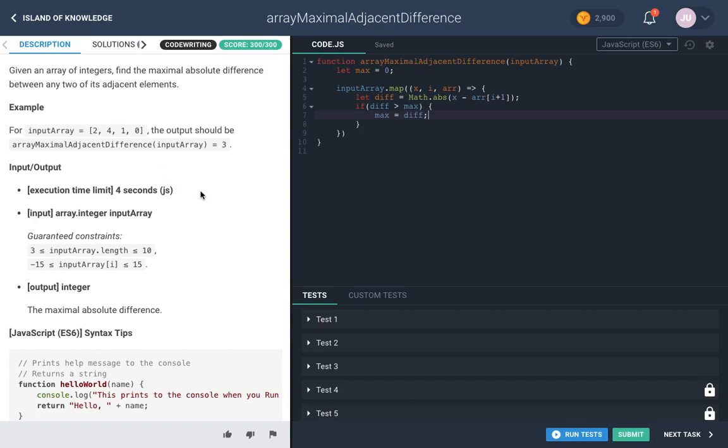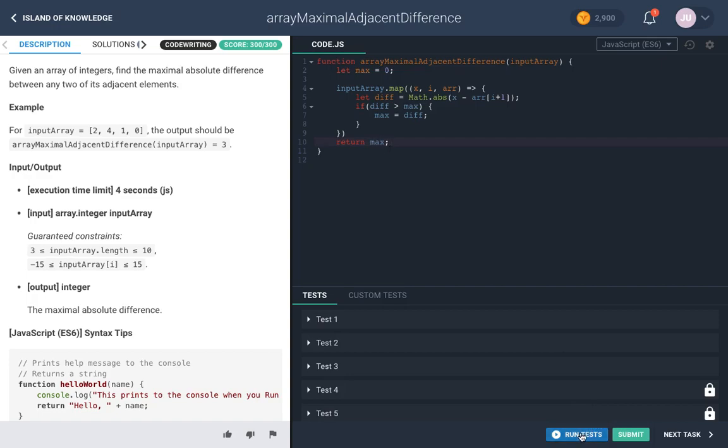And then as we keep going, our next one in the array is 4. So we're going to say 4 is our x here. Array at i plus 1, that's the next adjacent item, that's 1. So we're going to say 4 minus 1, that's 3. And our current max is 2. If diff, which is 3, is greater than 2, which it is, we're going to set the max to 3. And we're going to go through the whole array like that, and we're going to end up with our max being our biggest difference between the two. So all that we have to do at the end is return our max